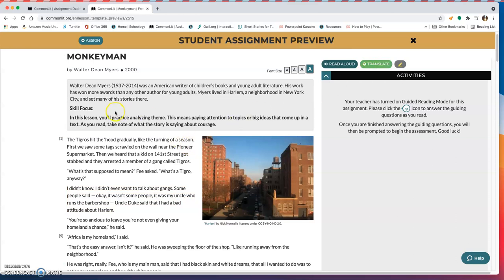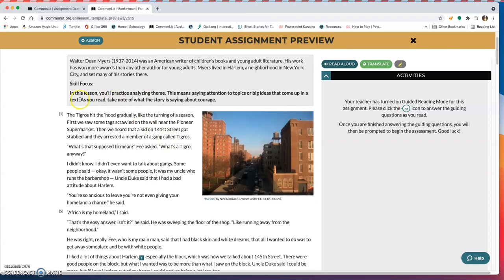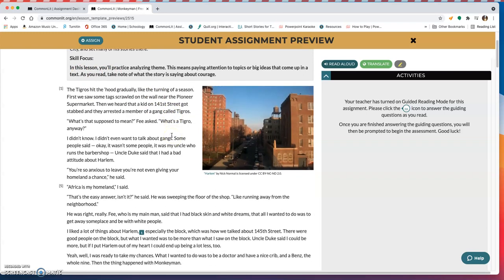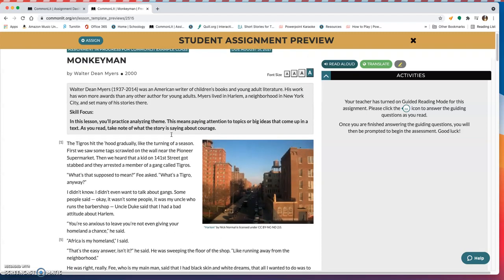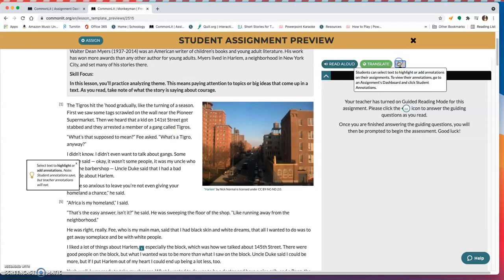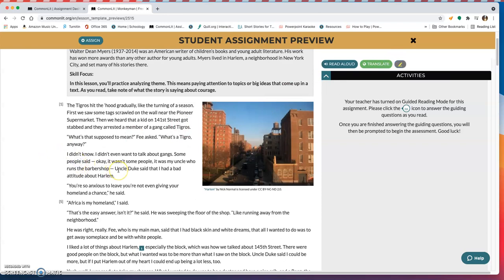With most of our reading assignments, there will be something that as you're reading, you're looking out for. So the instructions here say, as you read, take note of what the story is saying about courage. So you might want to highlight. You might want to leave notes. You can do that. Click on the highlight option there, and